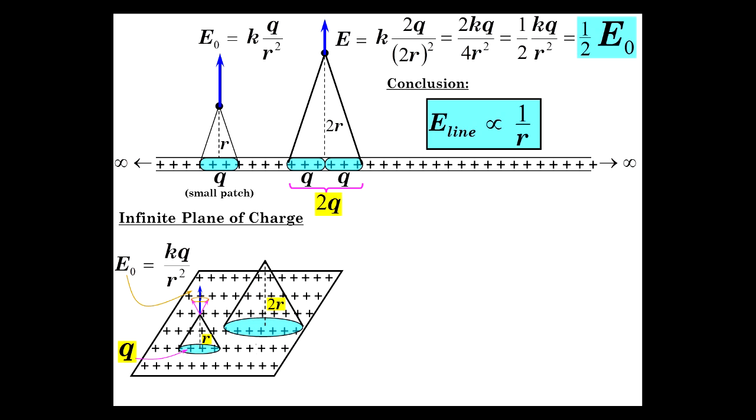Now, let's double our cone size. What I mean is, make it twice as wide, or twice as high. The angles are still the same. And r goes to 2r. What does this patch go to? To answer that, before you just say 2q, remember this is area. The area hasn't just doubled. It's pi r squared. So the radius of the patch itself is doubled, and if you square that doubling, you get 4. So it's 4 times the amount of charge here,